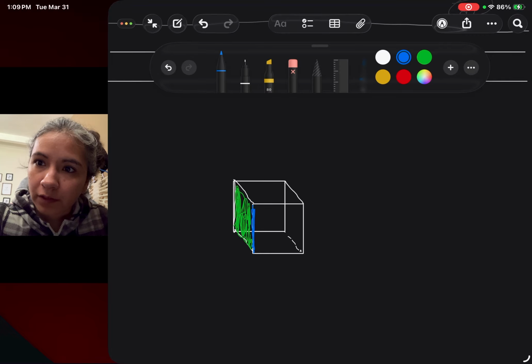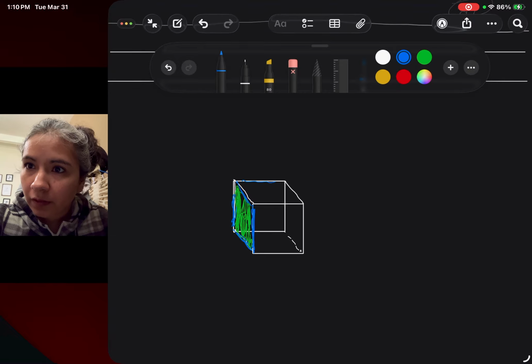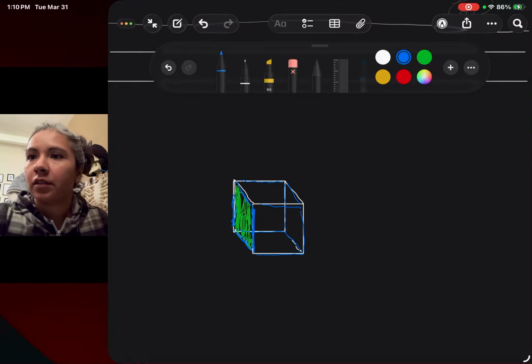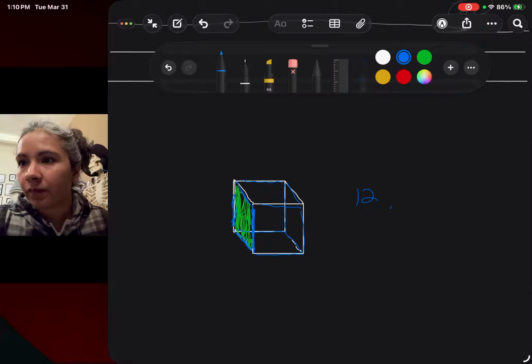So that means for a cube, there's 1, 2, 3, 4, 5, 6, 7, 8, 9, 10, 11, 12. There are 12 edges. So, 12 edges, 6 faces,